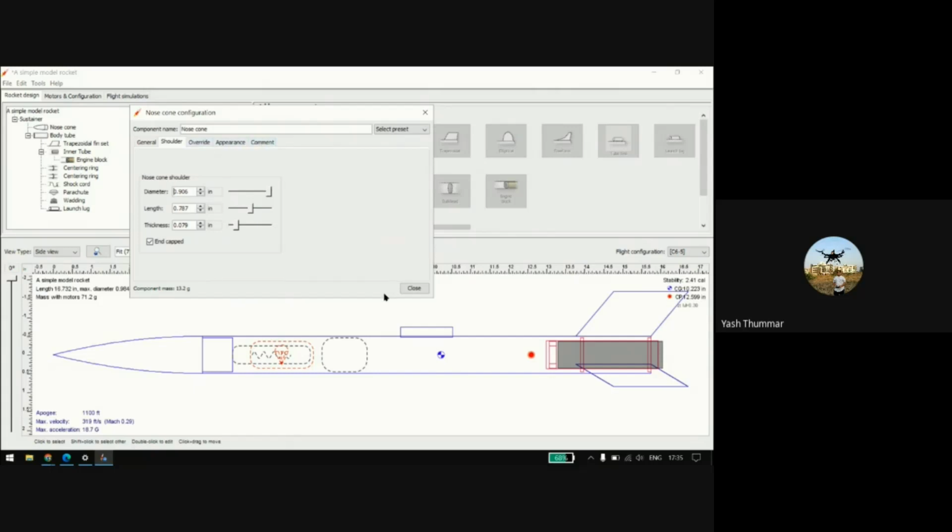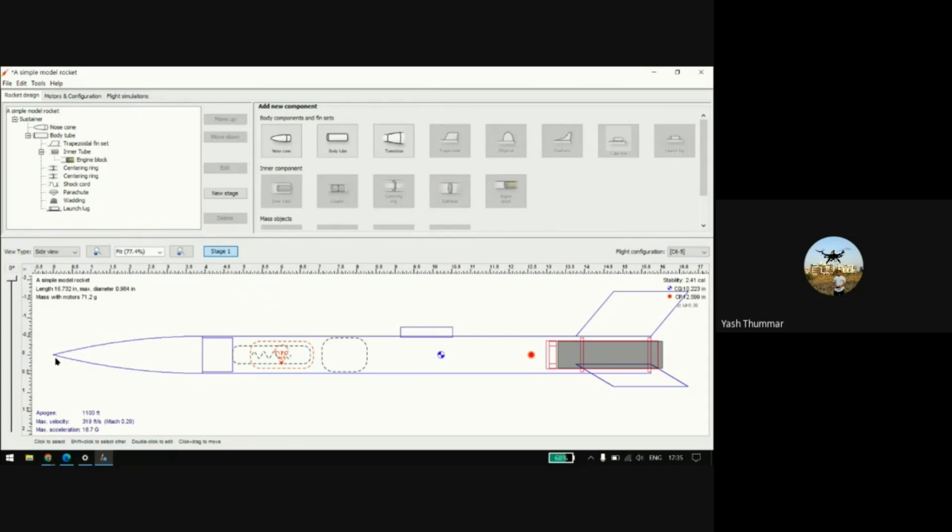That is how you create your nose cone in OpenRocket. Then give it a name here, click here, and add a body tube. It will be added completely below the nose cone.